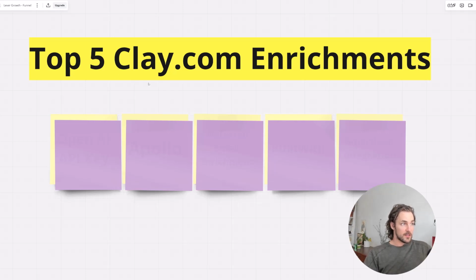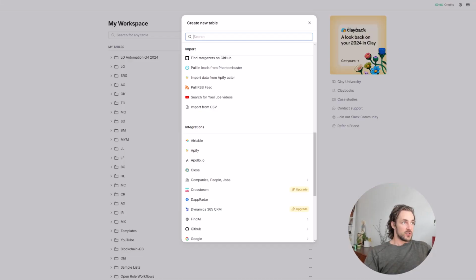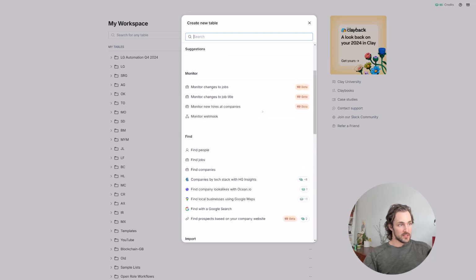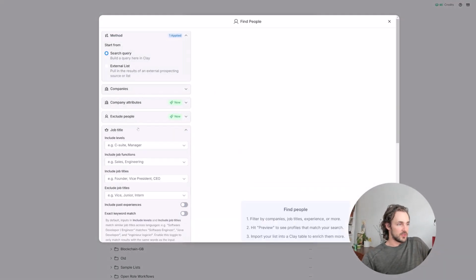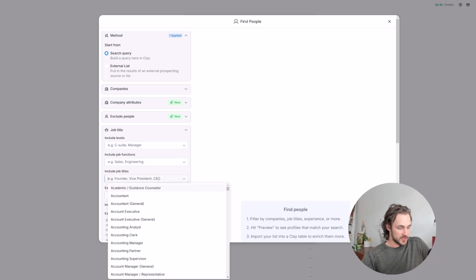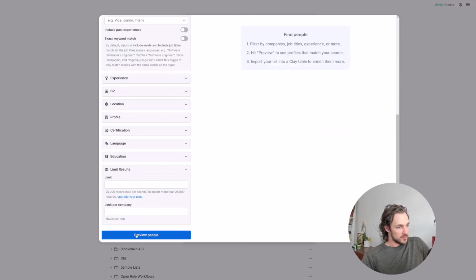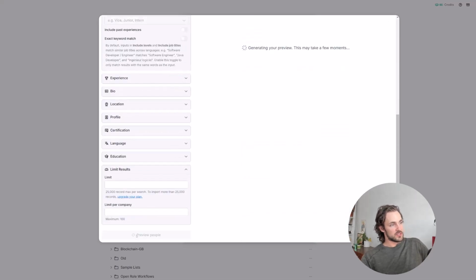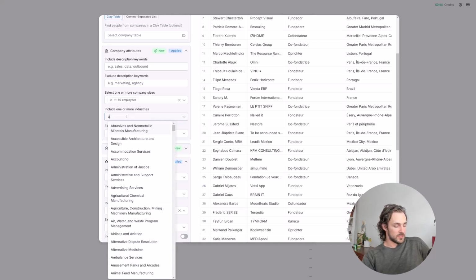The first Clay.com enrichment that I want to share with you guys is the OpenAI API key. So I'm going to just show you how this works in practice as an example. So let's pull a list of founders really quickly and show you what it actually can do. So let's just build a basic list, founders, 11 to 50 employees, in the, call it agency